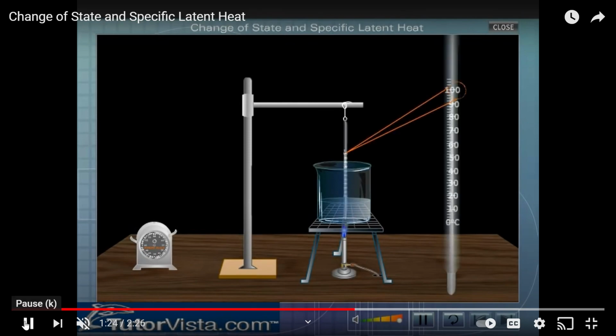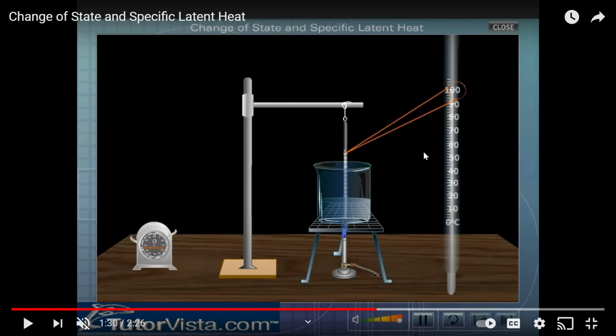Then if we continue heating, now there is no ice cube, you see, and still I am continuing the heat, then what will happen? Yes, now the temperature will rise, and we have to heat it till the water has started boiling. And we all know that water boils at 100 degrees centigrade, right? Now what will happen? Still the water is boiling, the thermometer is showing the reading, right? The thermometer is showing the reading to be 100.